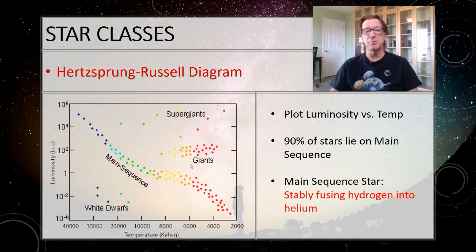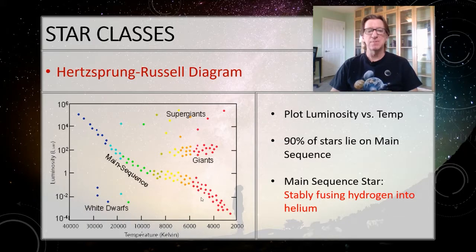What we're going to learn in a couple of weeks is that as it starts to die, like this might be our sun, it will become a giant. And then it'll go down here, maybe something we call the horizontal branch, but then it'll eventually become a supergiant. And then after our sun is dead, when the core of the star is all that's left, and it's just this big piece of charcoal out there, then it's going to be a white dwarf. So these 3 areas then, supergiants, giants, and white dwarfs, are dead stars, or stars that are dying, as the case may be.